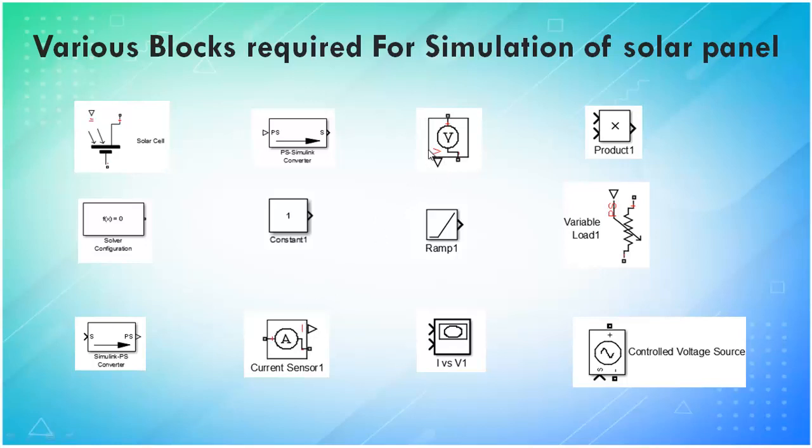These two blocks are also available in Simscape, where you will measure the voltage from the solar panel and the current from your solar panel. So I try to measure these two. Then to get the power, which is nothing but V into I, I use a product block here. When you give input V and I to this block, you will get the power output of your panel.